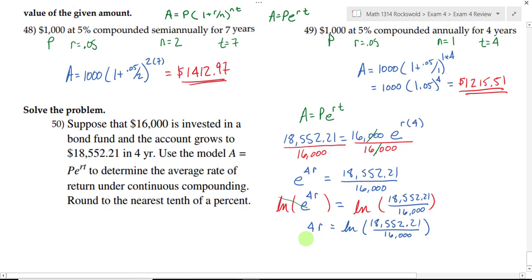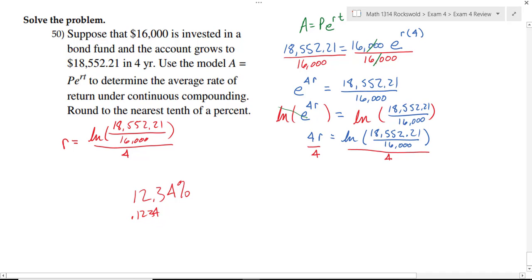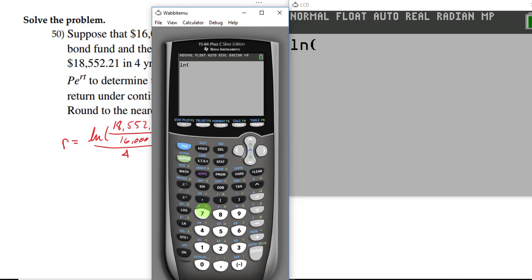And how do I get the R by itself? Right, I divide both sides by 4. And when I do that, I get R is equal to the natural log of 18,552.21 over 16,000, divided by 4. Now I was asked to round my answer to the nearest tenth of a percent. So how many decimal places am I going to need if I need a tenth of a percent? To change that percent to a decimal, I just move that decimal over 2 places, so I need 4 decimal places in my answer. So we hit the natural log of